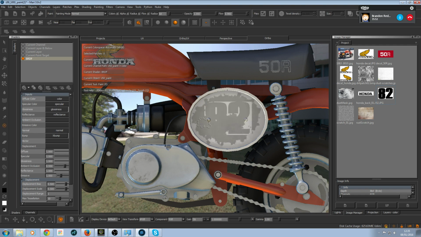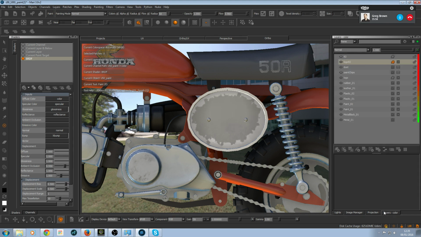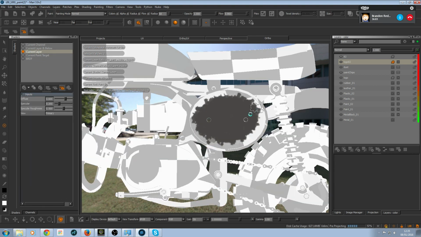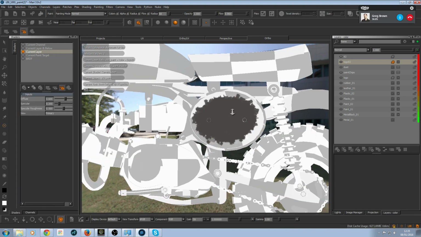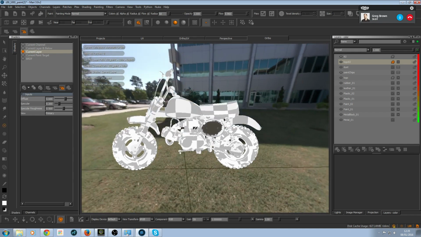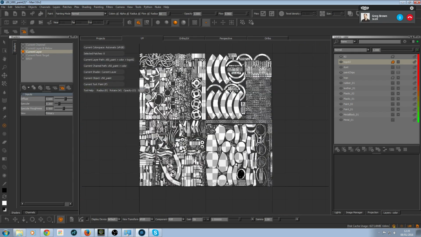So if you don't like that, you can basically erase by painting over, because you're just basically painting on a mask. Like if we were to look at what layer I'm painting on right now and just isolate that channel, one of the things I'll do is I'll completely fill the UVs. I'll go into the UV view, and then